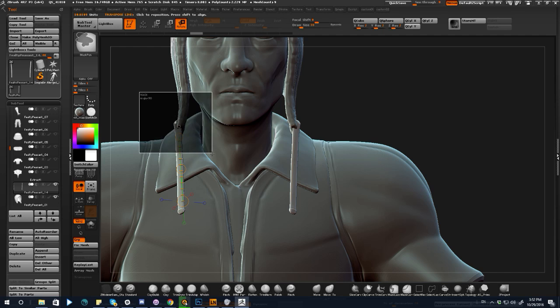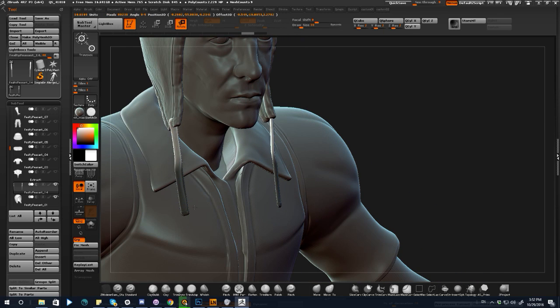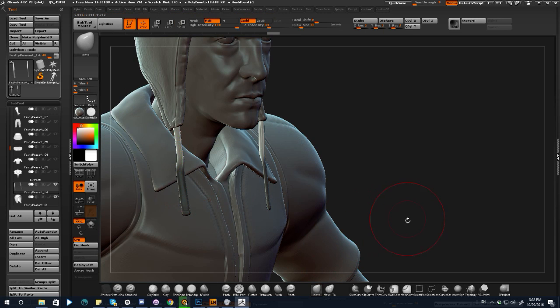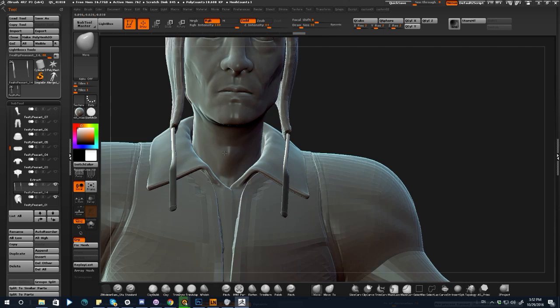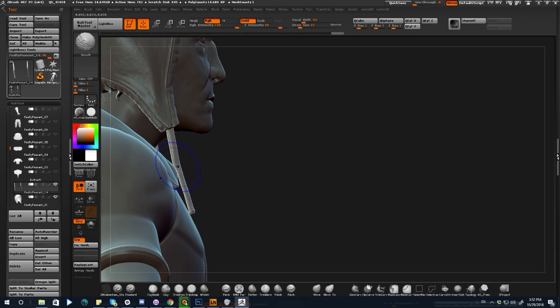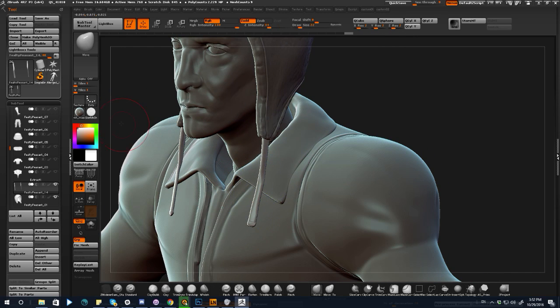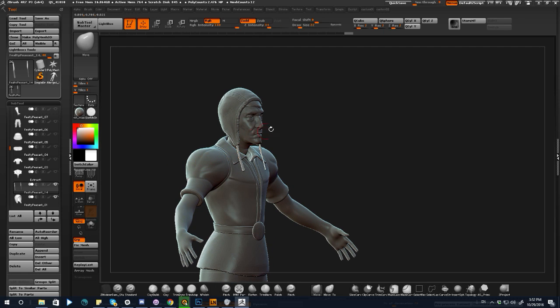And for this part, we're gonna rotate it individually, like this. All right, so